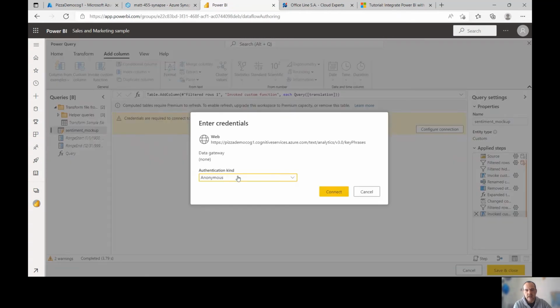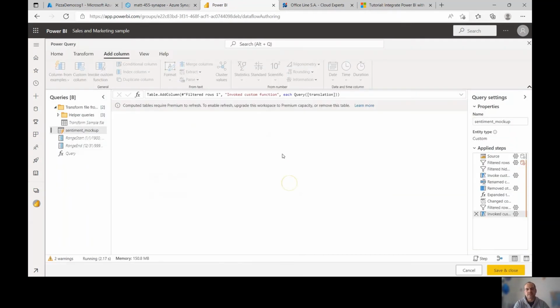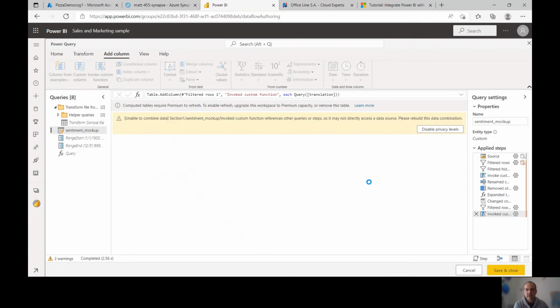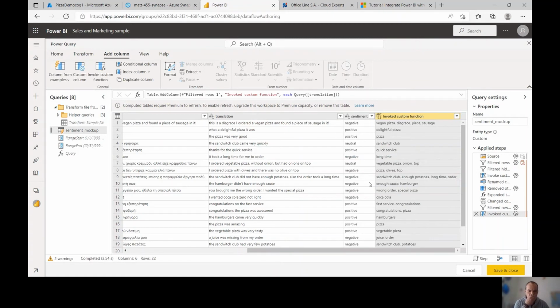To configure an anonymous authentication and disable privacy levels. This does not work in Power BI Desktop at this time, so it wouldn't be feasible to perform this in Power BI Desktop. And by double-clicking, you rename it to key phrases.